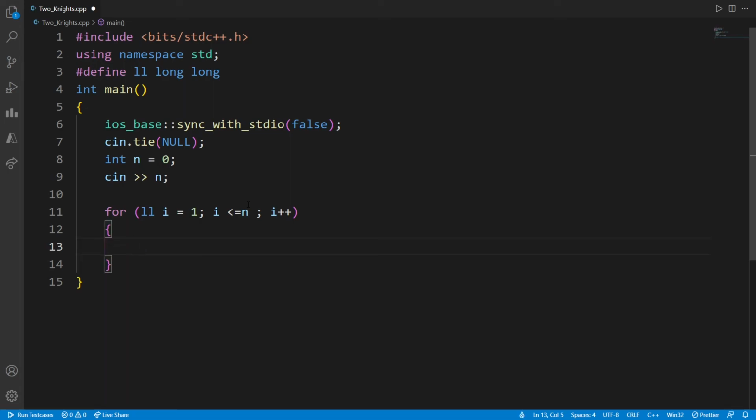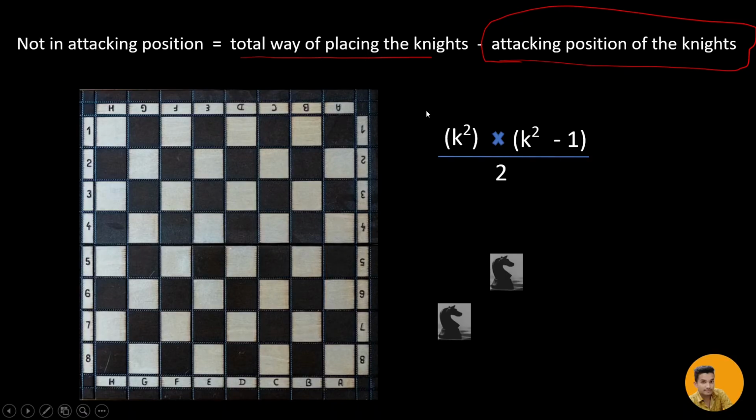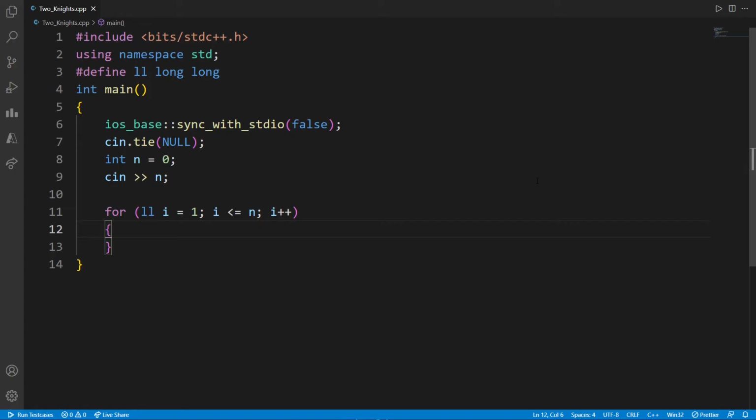So first thing, we need to calculate the total ways of placing the knights, and the total ways of placing the knights is k square into k square minus 1 divided by 2. Let's make it long for no error.